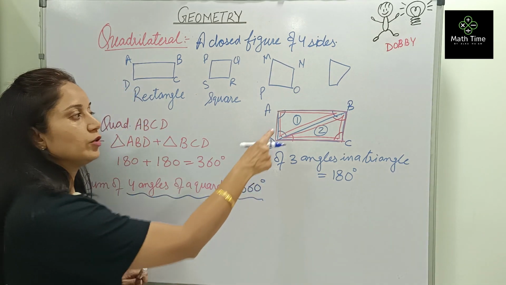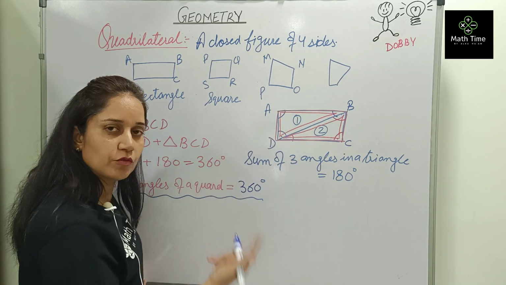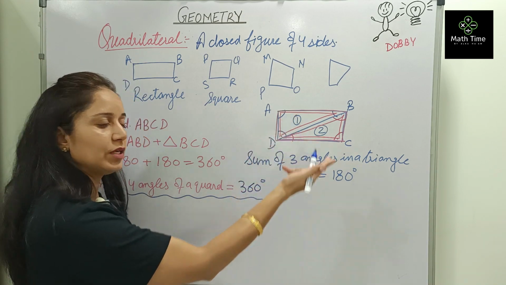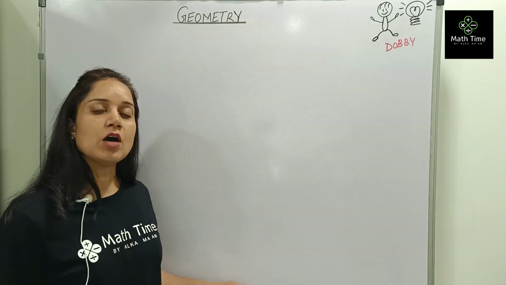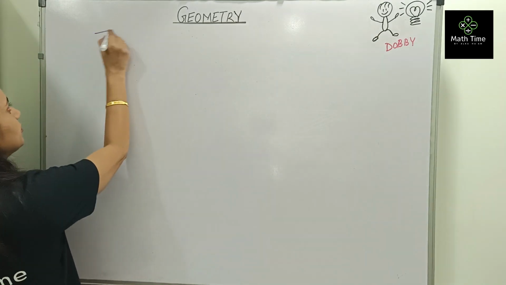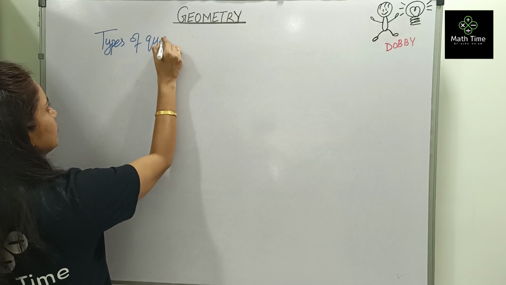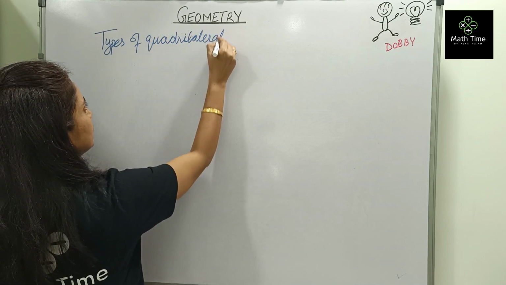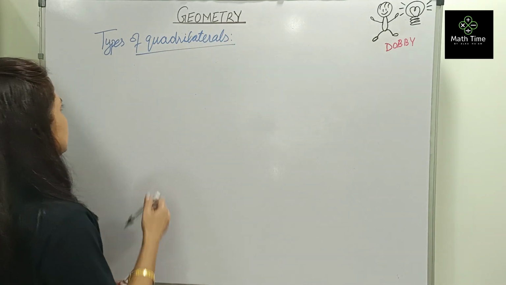It has been divided into two triangles, one triangle, second triangle. Sum of angles of one triangle 180, sum of angles of the second triangle also 180. 180 plus 180 gives us 360 degrees. Okay. Now after knowing what a quadrilateral is, let us do the types of quadrilaterals. So the first type of quadrilateral is